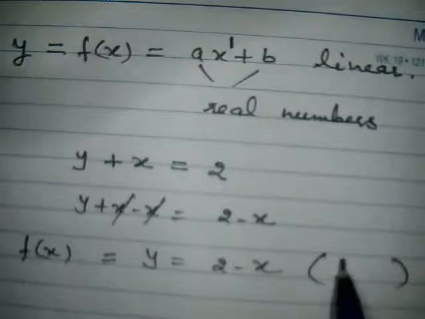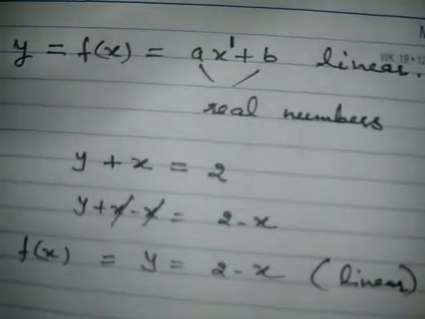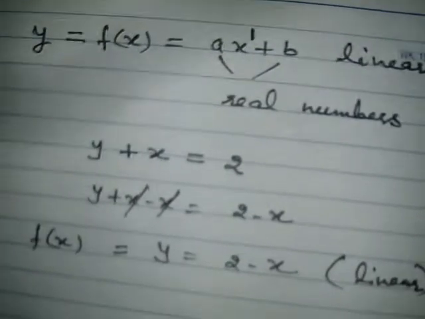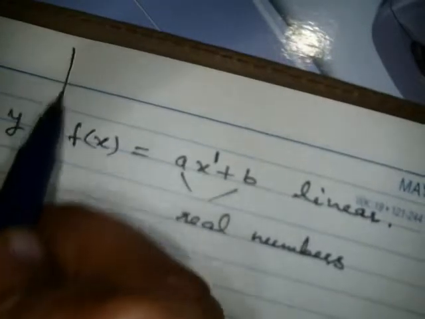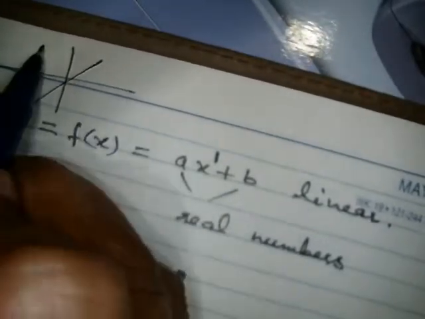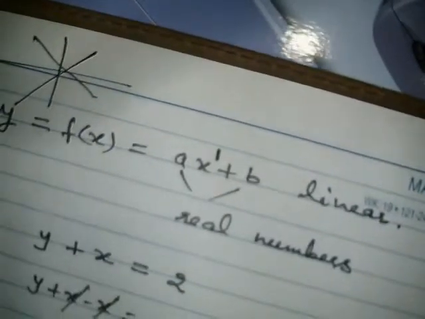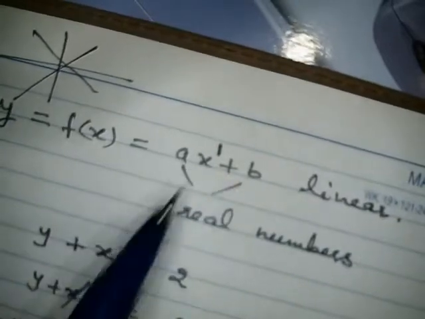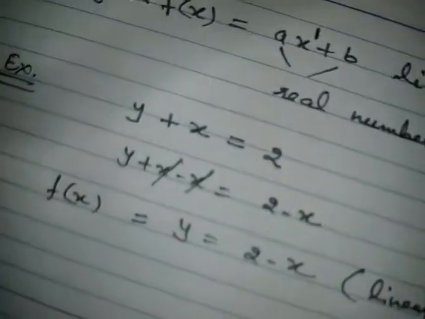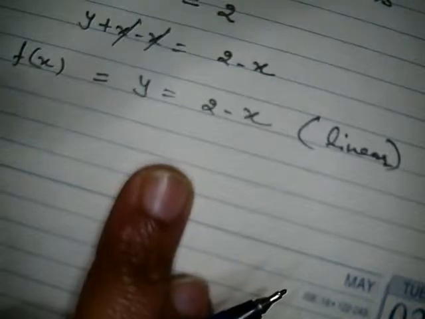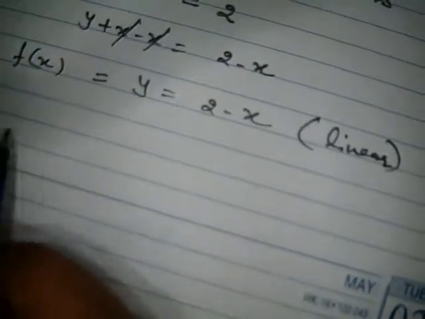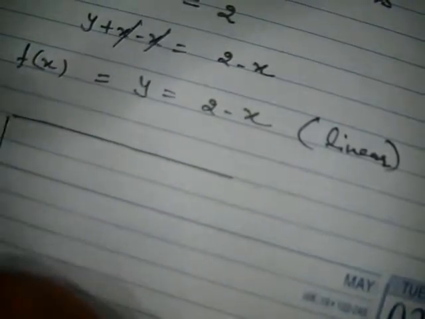So I have represented this in linear function form. This becomes now a linear function. Now I need to check the graph of this function, the pattern of the graph of a linear function. A linear function graph is always a straight line, it depends on how it is going to be, how b is 0 or not. But the linear function graph is always a straight line. So we check for this graph. I'm going to plot the graph for this. So we need a table, some values to be calculated to plot.